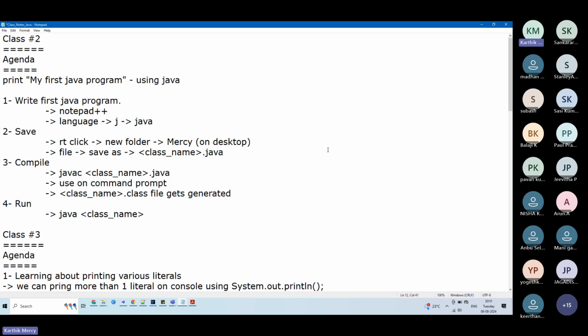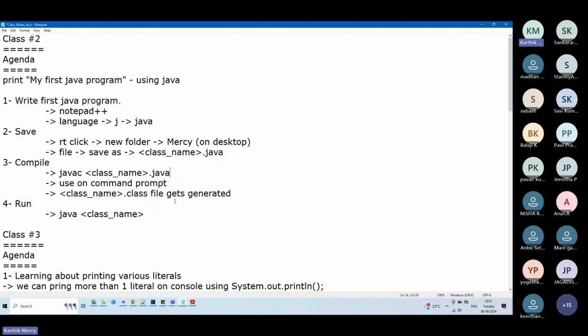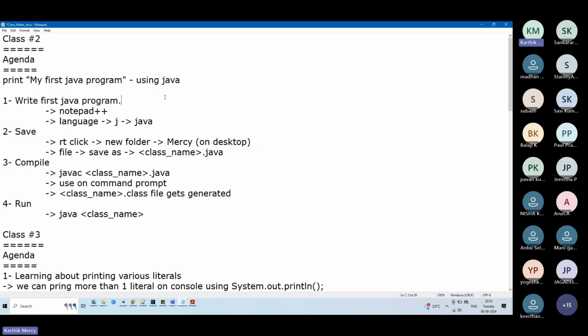Yes. So guys, this was our initial class notes. Let me give you a quick revision of whatever we learned in our previous one. So what do we need to do to write a Java program? And the second step was to save. The third step was to compile, and the fourth step was to run that Java program. So let's use these 4 steps now to create our first example to understand